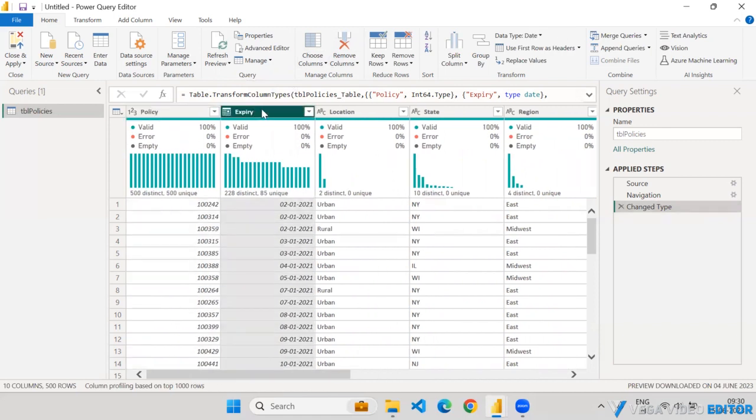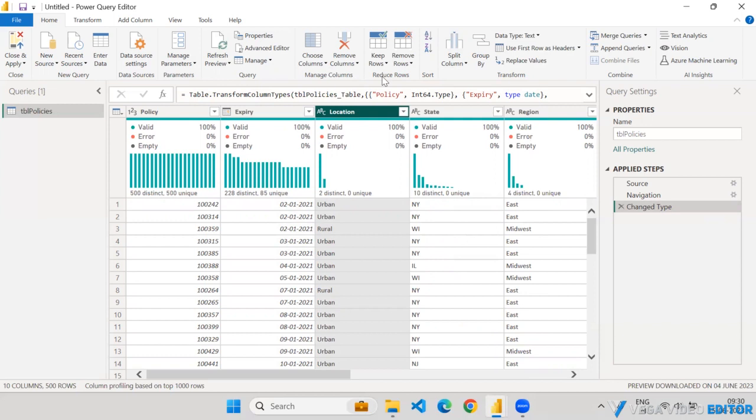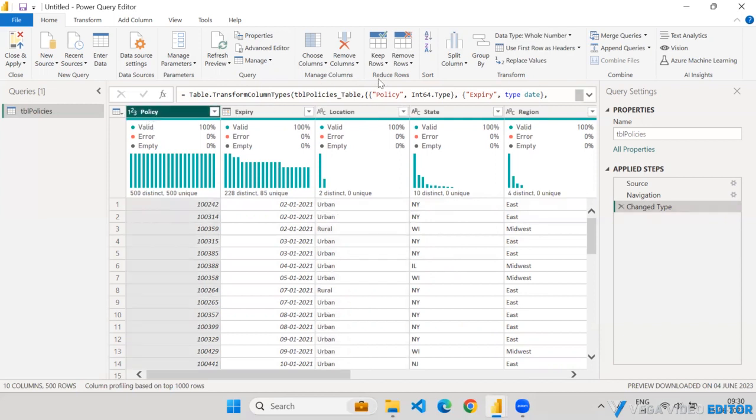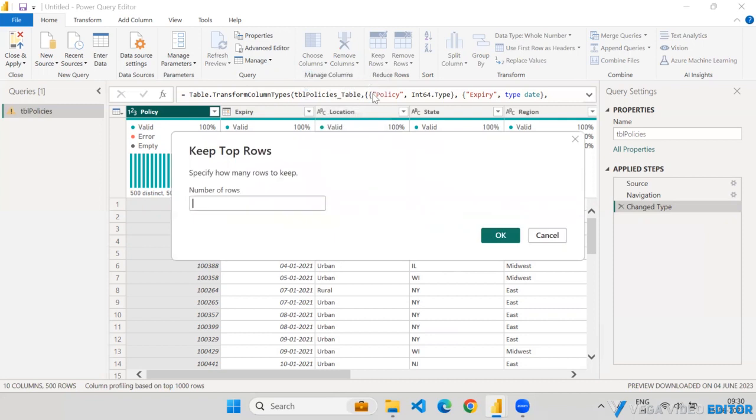Very similar to the column operations, we have options to reduce the number of rows. There is an option called Keep Rows. I will click on Keep Rows, and here you can see that you have multiple options. Keep Top Rows: suppose you want to keep the data for the first 100 rows, you can click on this and enter the number